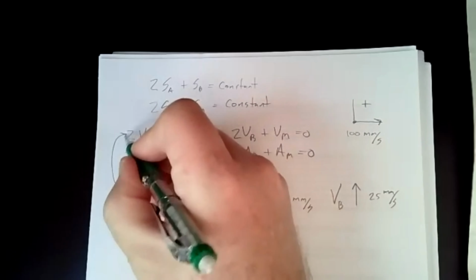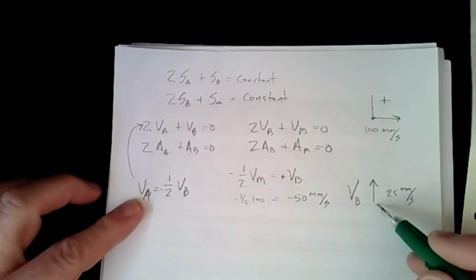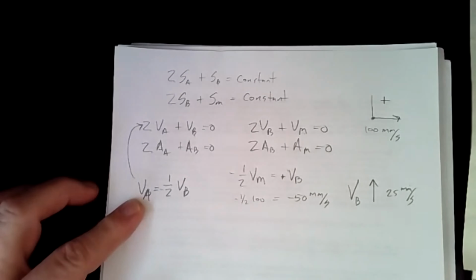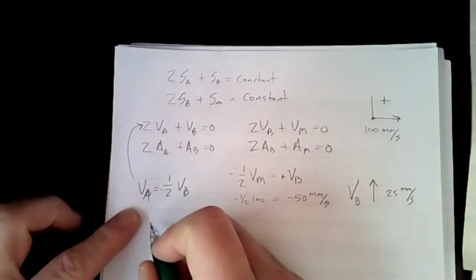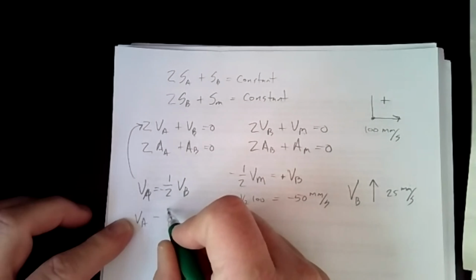And that's just going from this equation here. We've already established that's this, and so this is going to just be half of that. And so we end up with VA equals a negative half